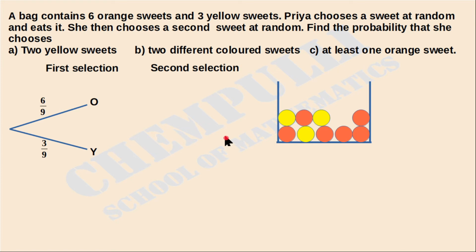Okay, then the second selection. Now we are going to move to the second selection. Before the second selection, suppose that the first selection was orange seed. First selection, we first selected which seed? Orange seed. We suppose that way. Then suppose the first selection was yellow seed. Okay, first we are going to take the first selection, that is, first we selected orange seed. That way we are taking.